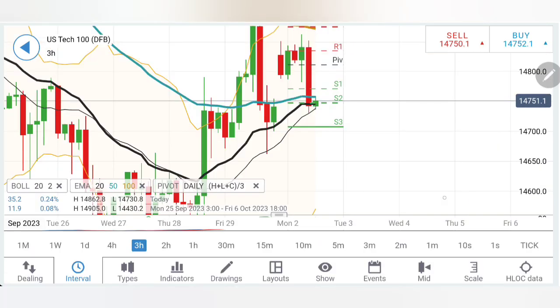Coming to 3 hour, on the 3 hour charts, a very important observation is the moving averages have converged. They have not yet crossed over. Remember, they are running flat but not yet crossed over. I'll wait for a crossover here. Yes, it was trading with too much of divergence.